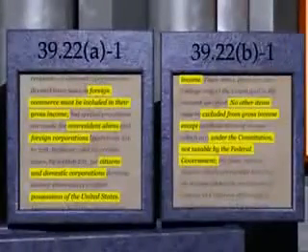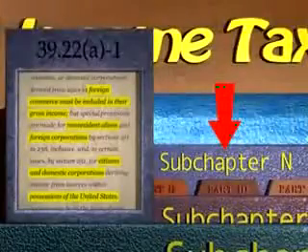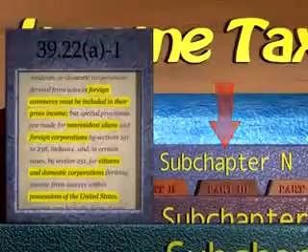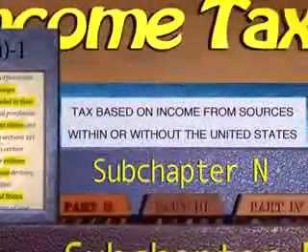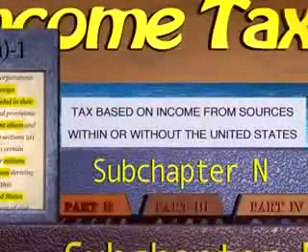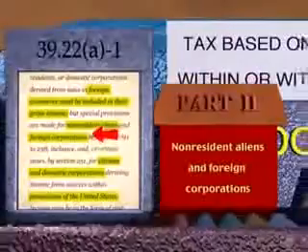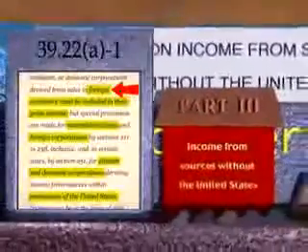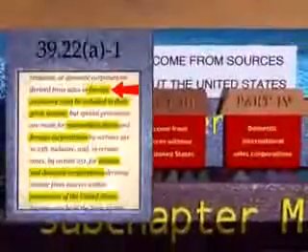It matches subchapter N of the current code, which describes the types of commerce which Congress felt could be subject to a tax based on income from sources within or without the United States. It includes the domestic income of foreigners, certain foreign income of U.S. citizens, and certain rules regarding international sales corporations and rules about federal possessions.